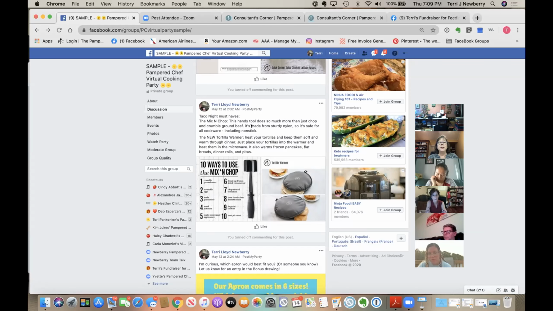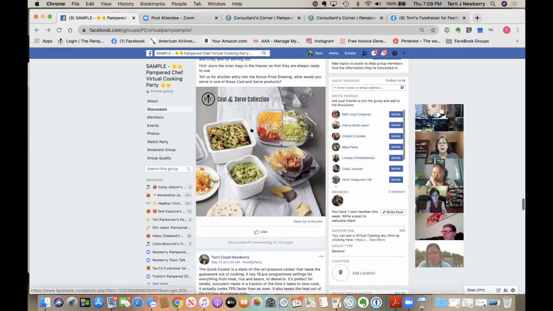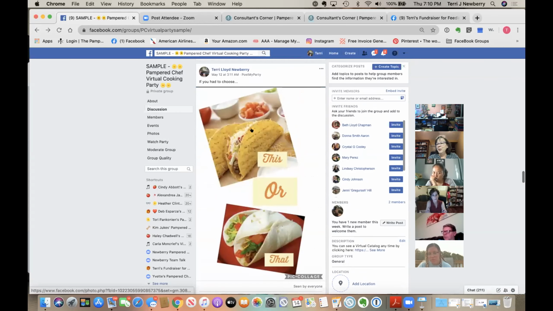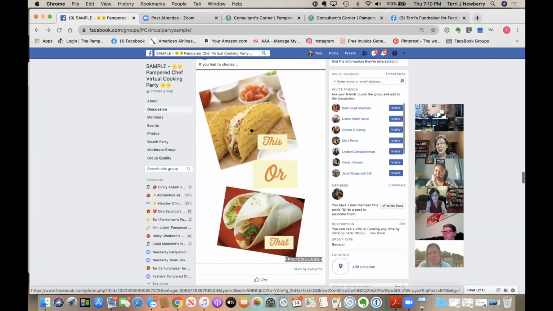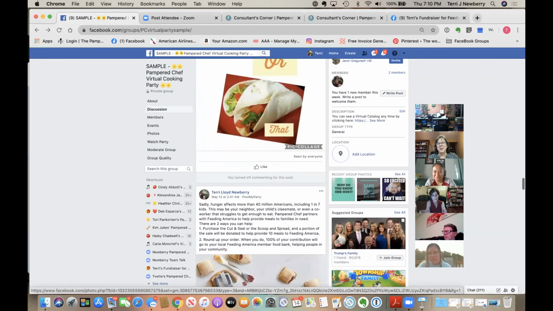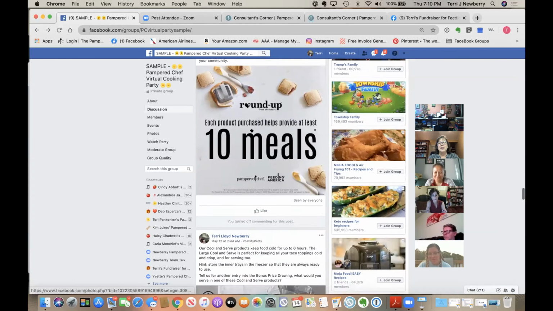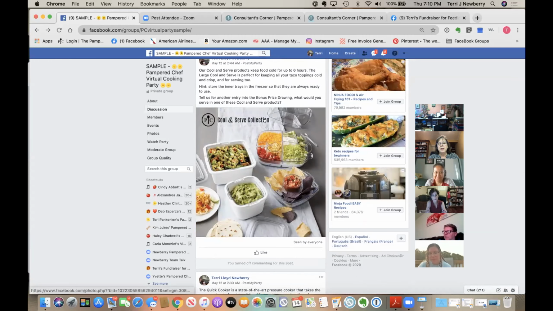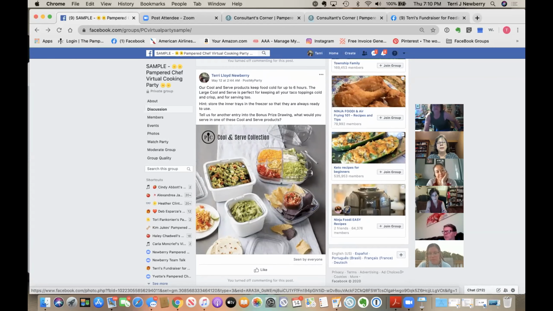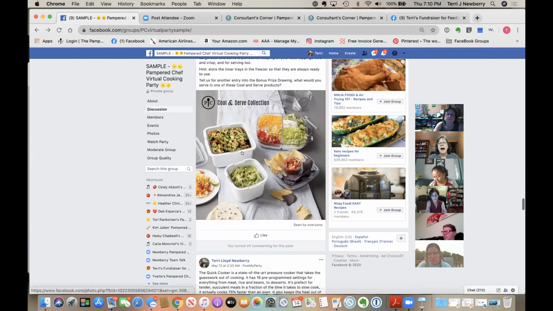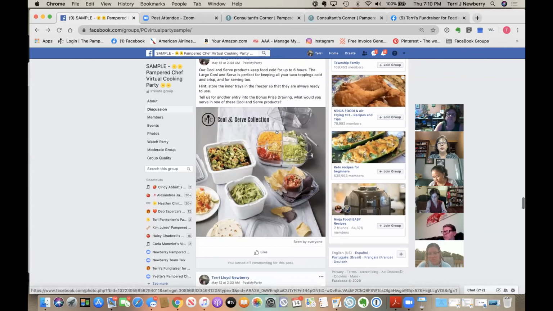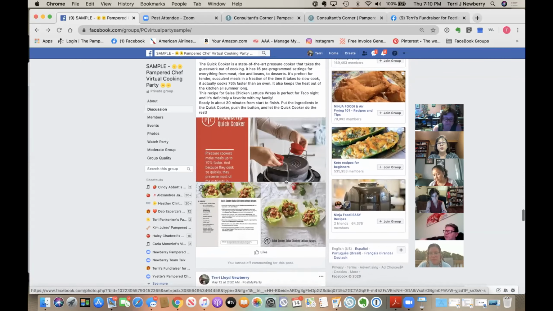So the theme for the day, and you might have guessed by now, what's the theme? It's Taco Tuesday, this or that, tacos, right? So I've got the taco theme. Notice what these are. They're all taco toppings. I don't have to say that. You don't have to tell that. People can see it. So I talk about what the cool and serves are. I don't have to list all the things you can use it for, because look, the picture does the talking for me. Okay.